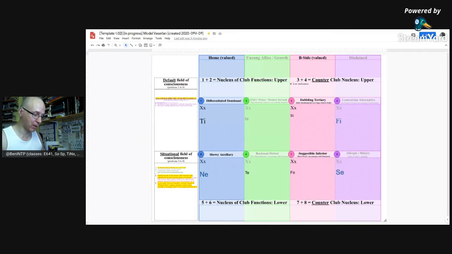And then with FE, with the extraverting default field of consciousness, you're directed towards the empirical data. So if we think about the experience of the field of consciousness of an FE DOM versus an FI DOM,